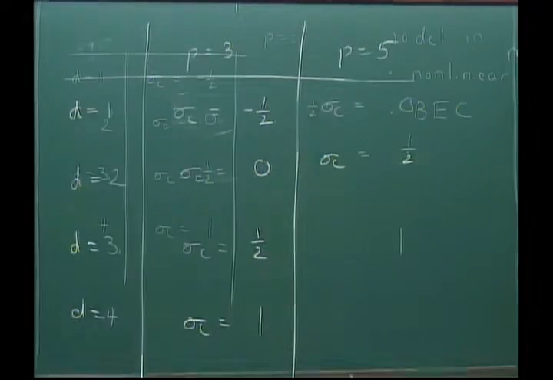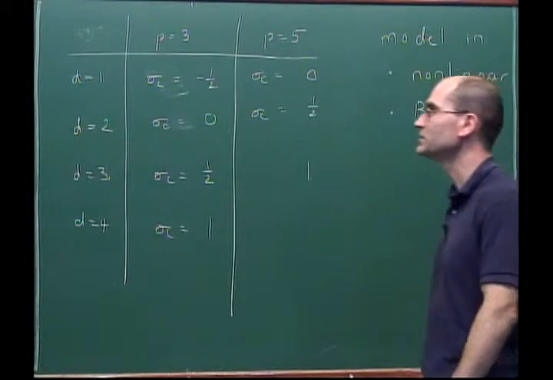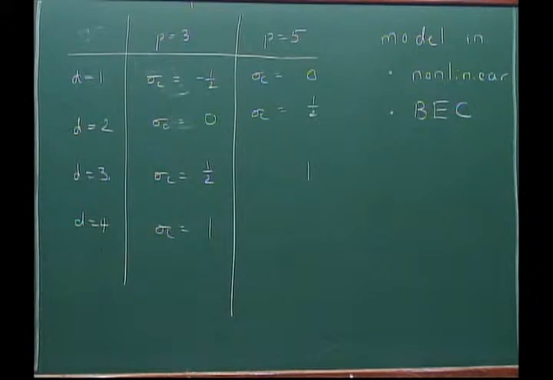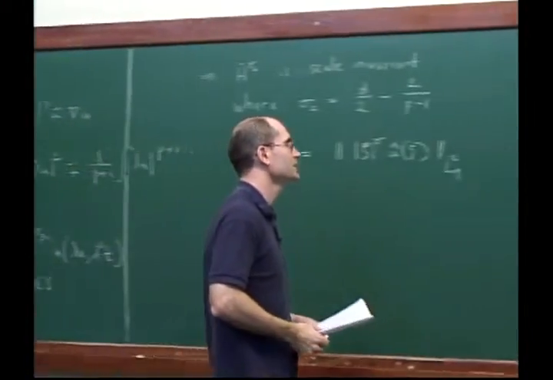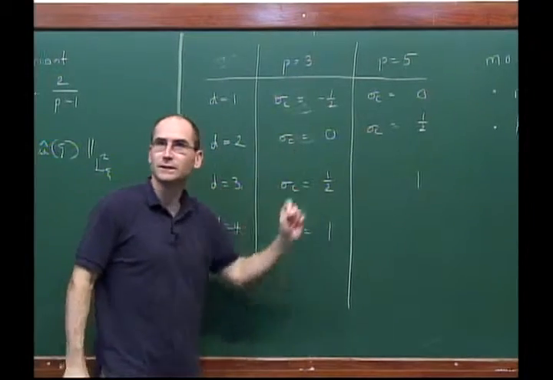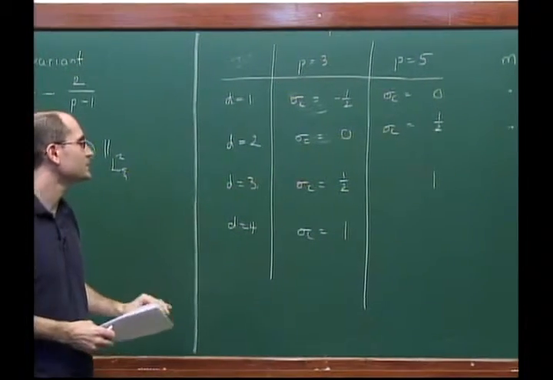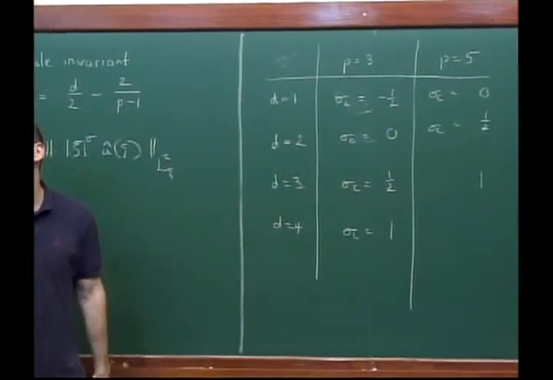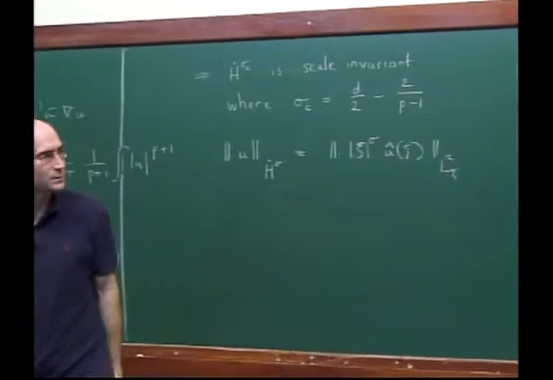It's because the energy is like the gradient that lives at one derivative. So we'll be especially interested in this case of sigma equal to 0. It's the L2 critical case in which the analysis of blow-up is the most complete. Well, still plenty of open questions, but